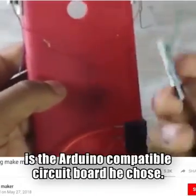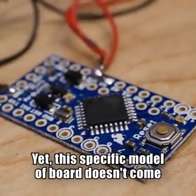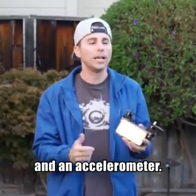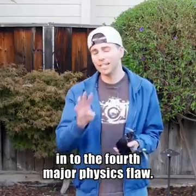The third major issue is the Arduino compatible circuit board he chose. It's the same board here, and it's supposed to be the brains for the drone, yet this specific model of board doesn't come with any sort of gyroscope or accelerometer. The fact that his board is missing a gyroscope and an accelerometer means there's no way for it to tell if it's starting to rotate or to fall in any direction, which is the perfect lead-in to the fourth major